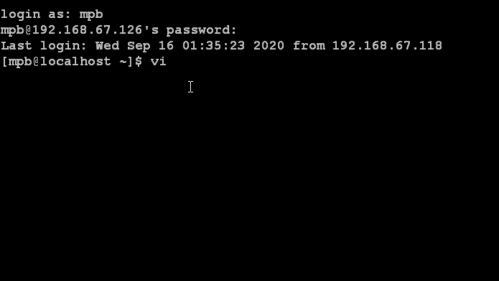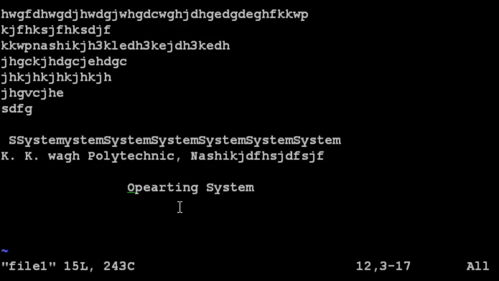Now here two cases are there. First, you can specify an existing file. That file will be opened in the VI editor with all the contents that were previously inserted in the file. Second case is you can directly give a new file name, where a new file will be opened and you will get all empty lines. So suppose here I put file1 and press enter, then I am getting all its contents,